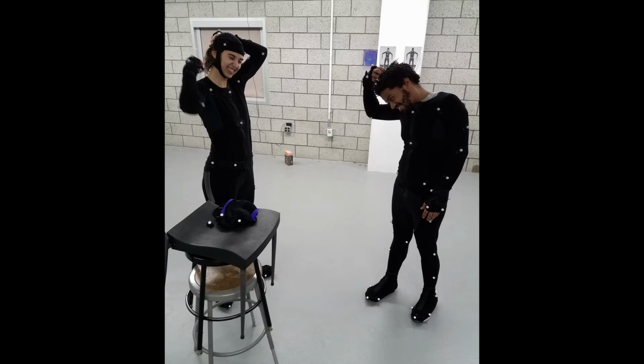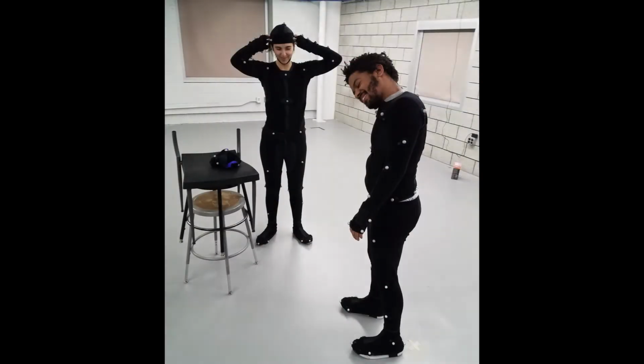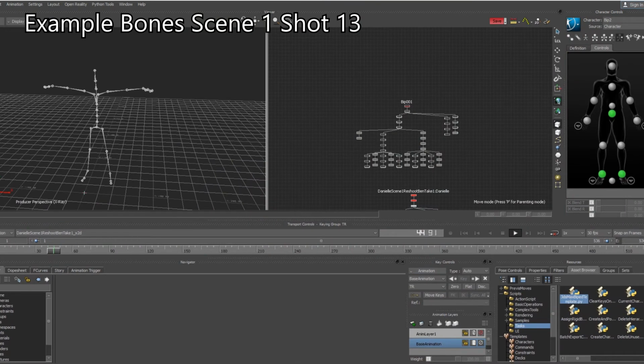My friend Satchel helped us because he knows how the software and the hardware work. So we went down and recorded all the animations. The suits have little balls on them, and the computer can track those and make digital bones out of them. And I can take those bones and put them onto my characters,